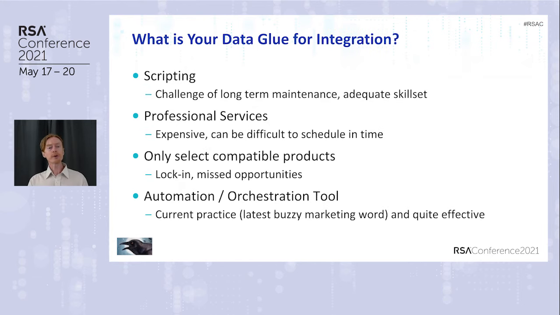So the ability to integrate between disparate systems has frequently been the area of actual scripting, and so scripting is a good way to do that. You might also then hire professional services to help you with this. You might lock yourself in by saying, we've decided on this particular SIM, and we will only use tools which effectively integrate with that SIM or this ticketing system or that network IDS or this endpoint protection. It doesn't matter how you lock yourself in, but we actually decide to do this frequently.